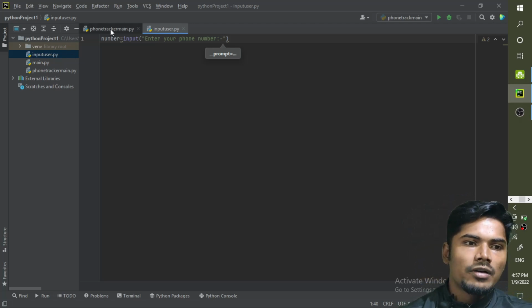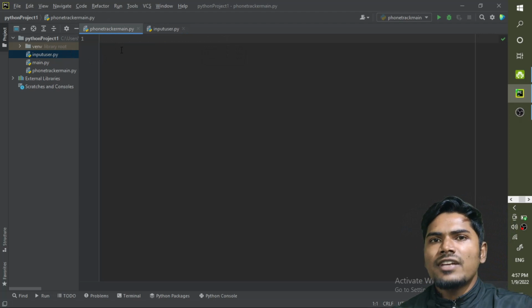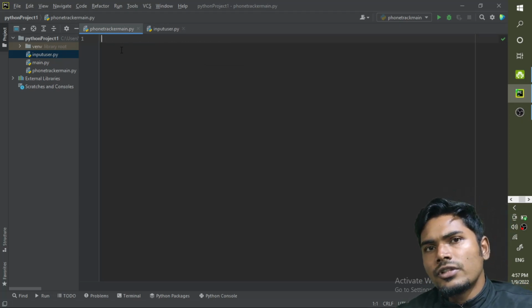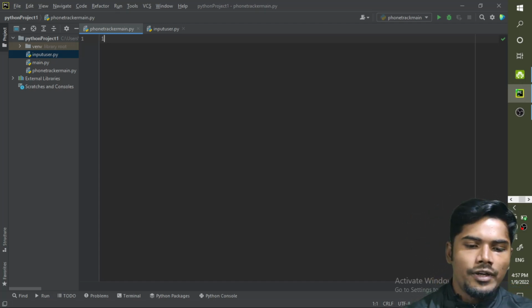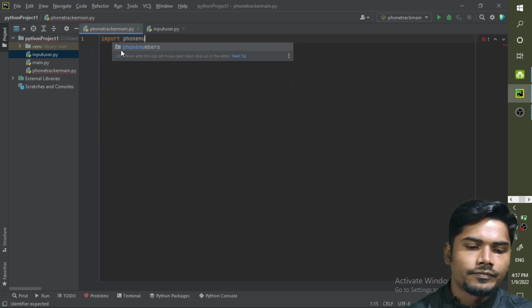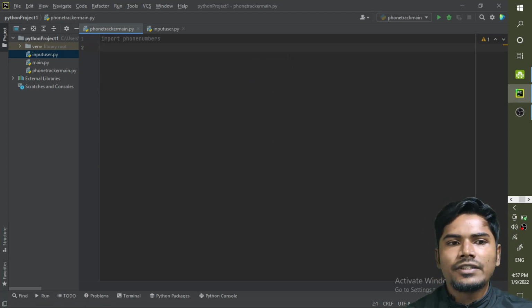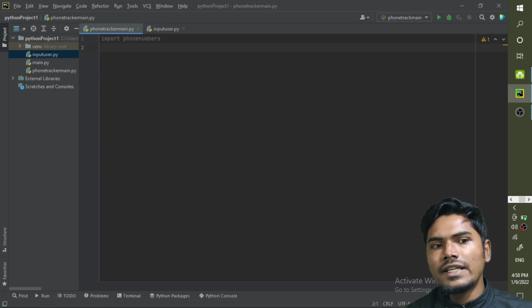Now come to the main file. As we have installed the module called phonenumbers, you have to import the phonenumbers module in the main file. So import phonenumbers here. Second statement, you have to import the input variable which we have defined in the second file called input_user.py.